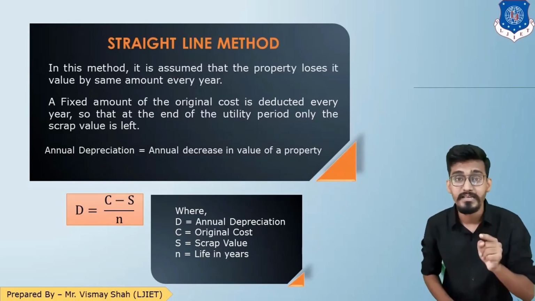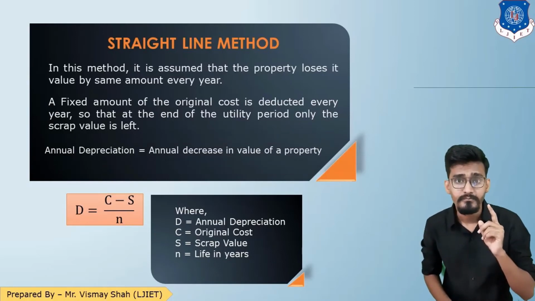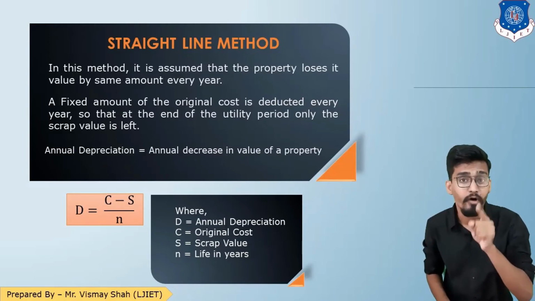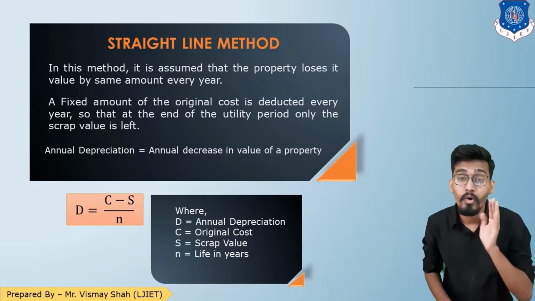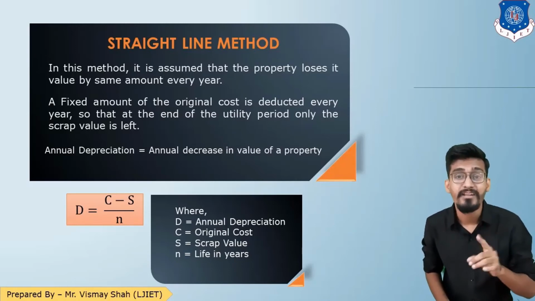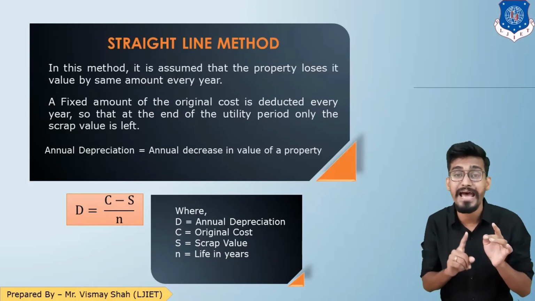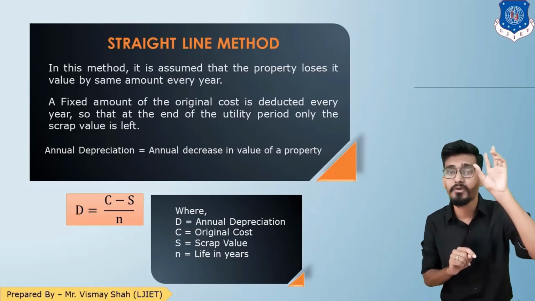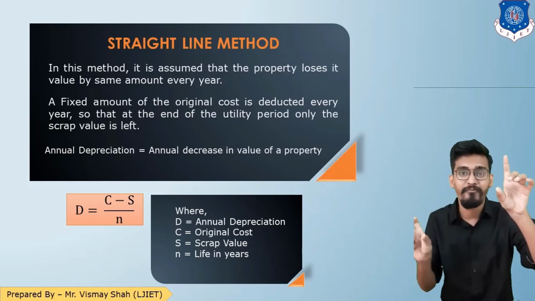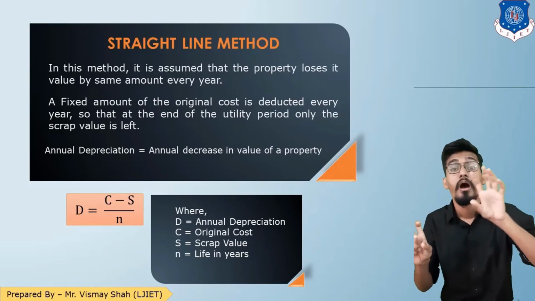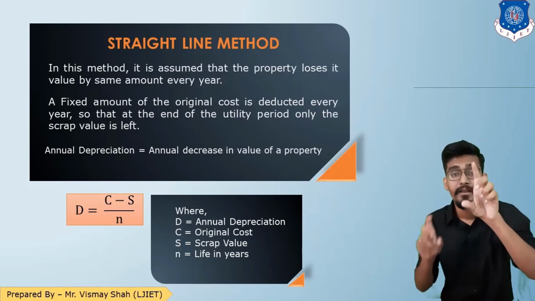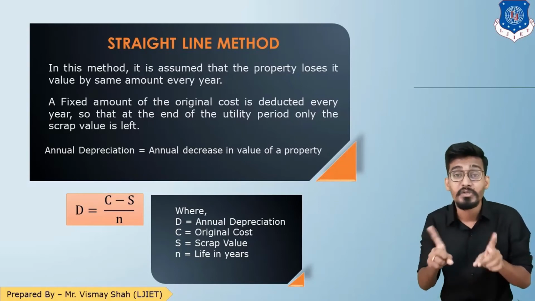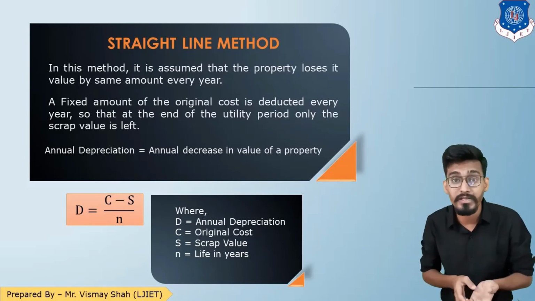Now, what is the theory saying? I am trying to explain here the formula you are seeing on the screen. What is the theory concept saying? That you have to deduct a certain amount so that at the end of the useful life only scrap value will be left. So you have the original value C, you have the scrap value S. I have started the value with C, and now I am ending at S. So that difference between C and S, what will it be?